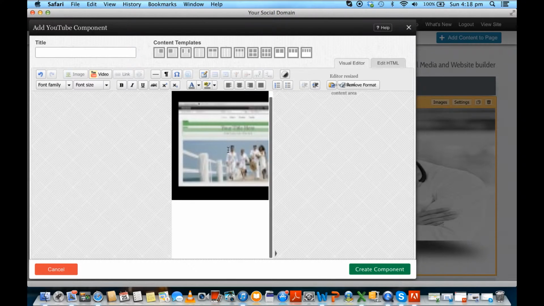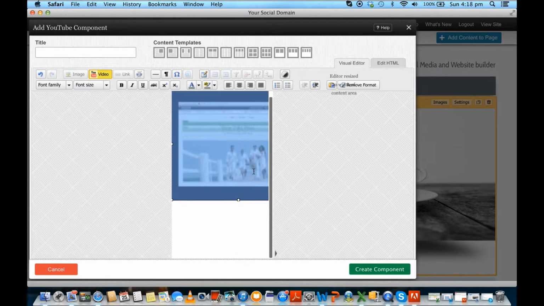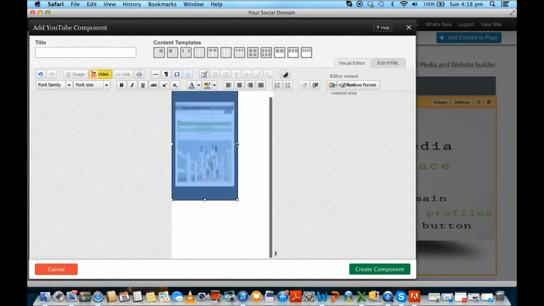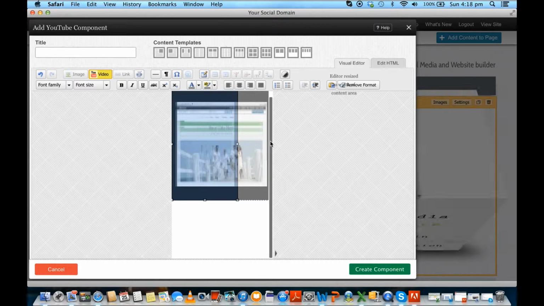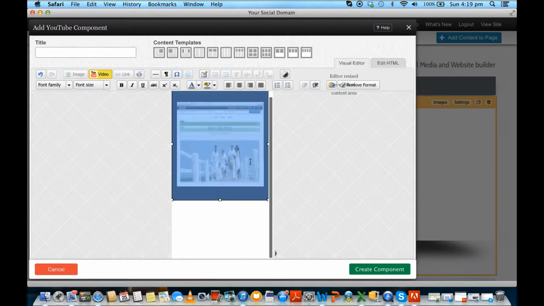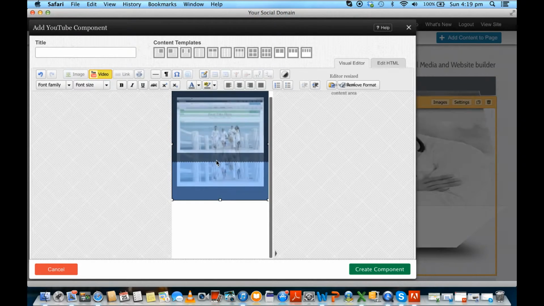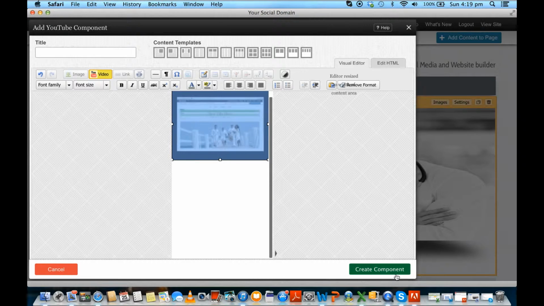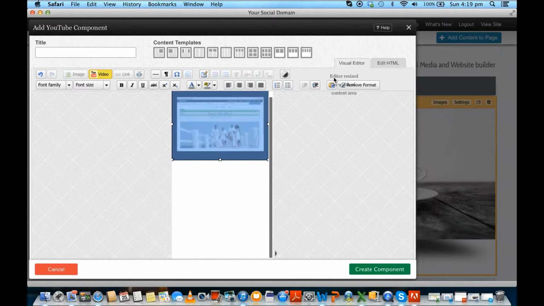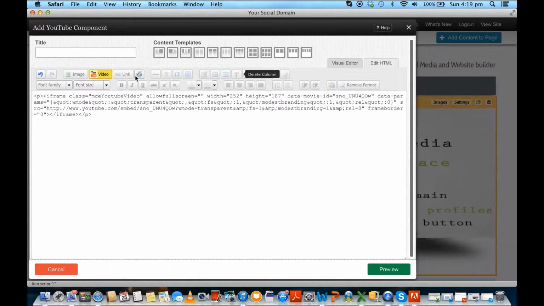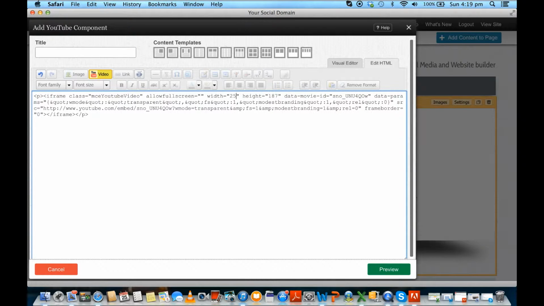Now I can change the size of my video by simply clicking on it, because at the moment that video is going to be huge. So I get that to where it's going to fit nicely in my box, which is about that size. Or the other way I can resize that is I go over here. This is a bit trickier. Go to HTML and I find the size. There's the size there. So I actually want that to be 250